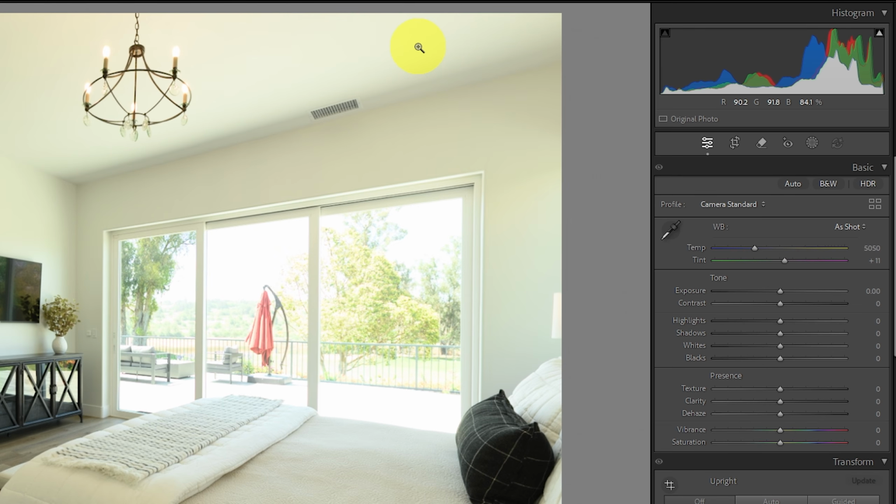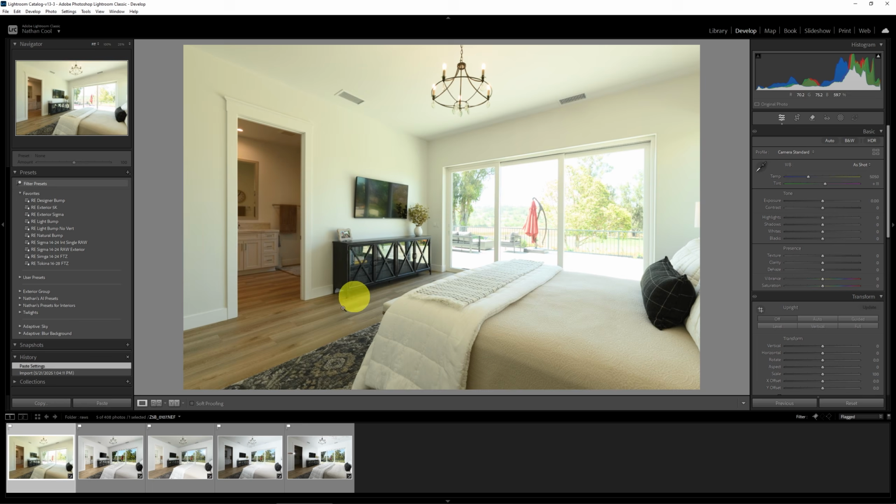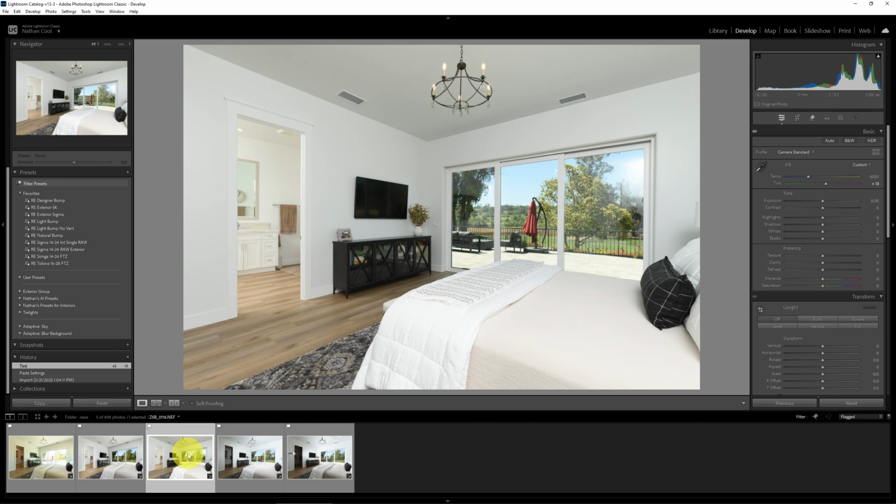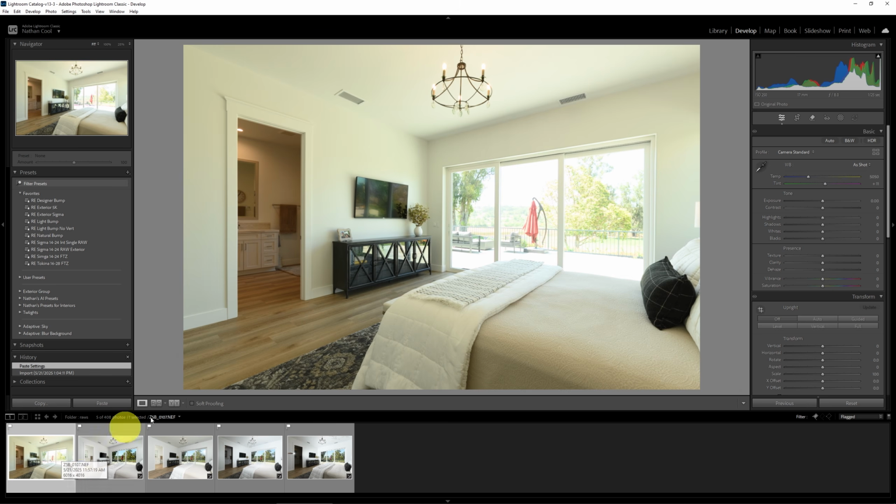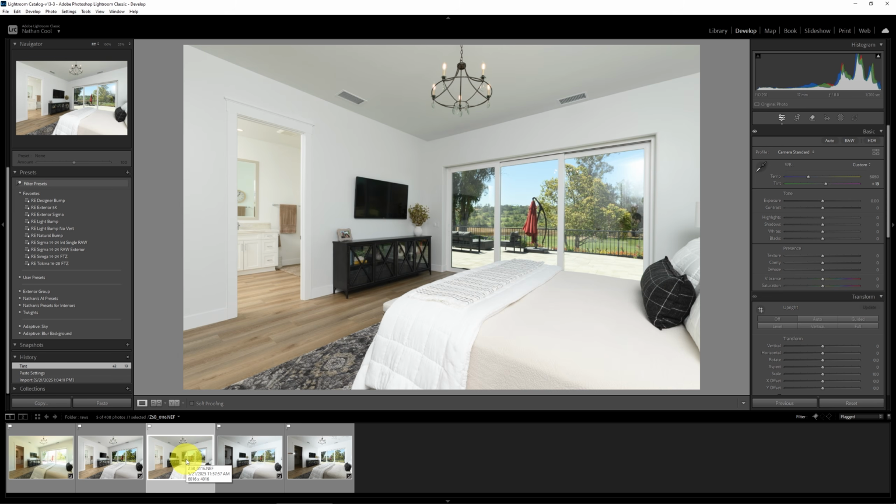And the green is going to be very common here because when we take a look, for instance, at the flambient shot, we can see there's a lot of green outside. So that's going to be casting in. So we can see that here. So you'd want to adjust this and all the other images in the bracket in a similar way to what I'm going to do here for the flambient shot. This is the flash shot. And if we take a look